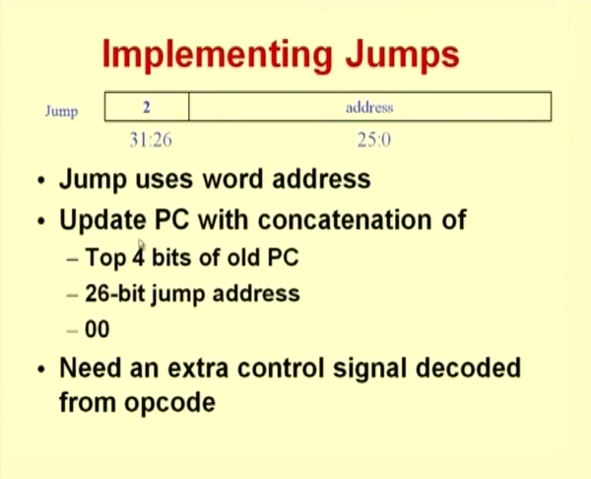So, what do we need to do? We need to update the PC with a concatenation of the top 4 bits of the old PC with the 26-bit jump address. The jump address we assume is given here. This we will add to this. There are only 26 bits given here. So, what we do is the top 4 bits of the old PC are added along with these 26 bits along with a 00 extension, so that you are able to generate a 32-bit address to which you need to jump. Okay. So, what we need is an extra control signal which is decoded from the